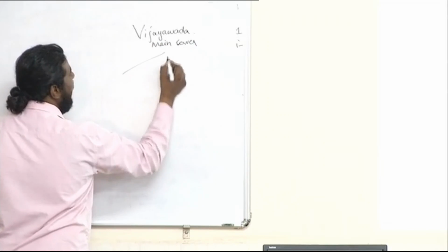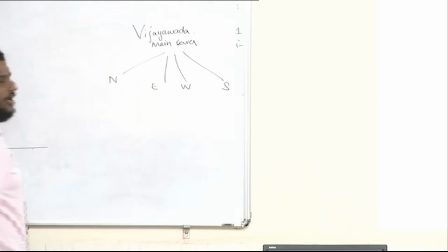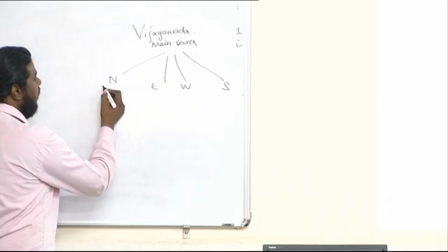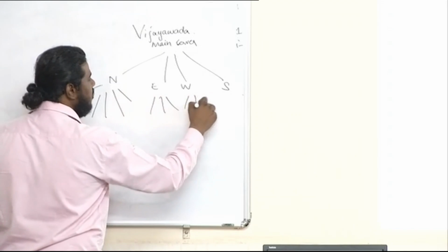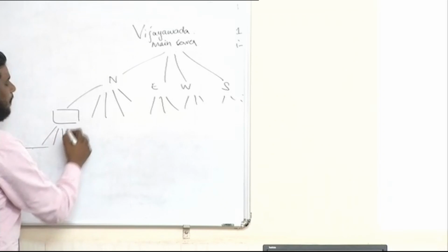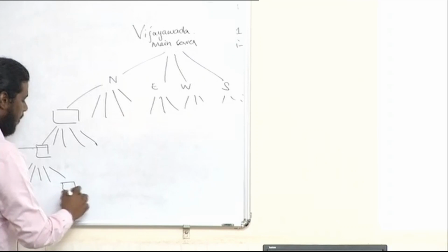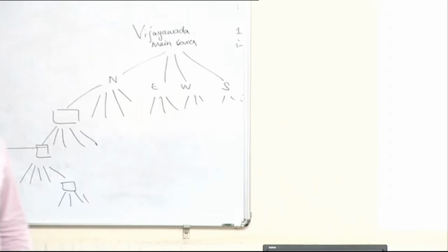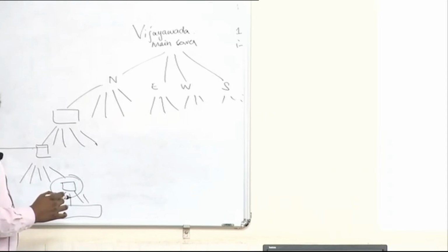Let me say I divide it into 4 groups, by direction: north, east, west and south. I put them into 4 places, and this will be the subdivision headquarters. Once again, let me call different colleges here. I have around 10 colleges in each. Each and every college will have multiple departments, every department will have multiple labs, and every lab will have multiple instruments connected. Am I right? Yes. So these multiple instruments will be communicating to this particular departmental server.